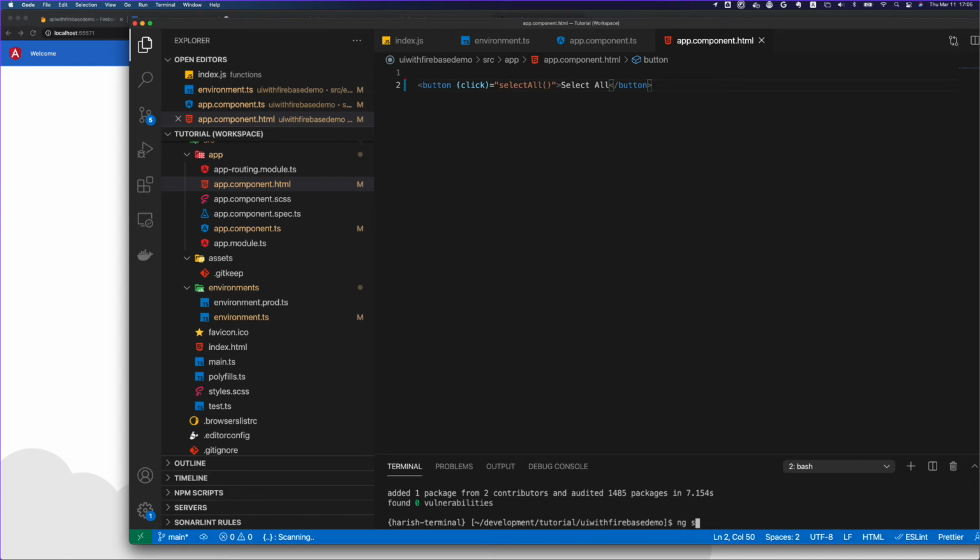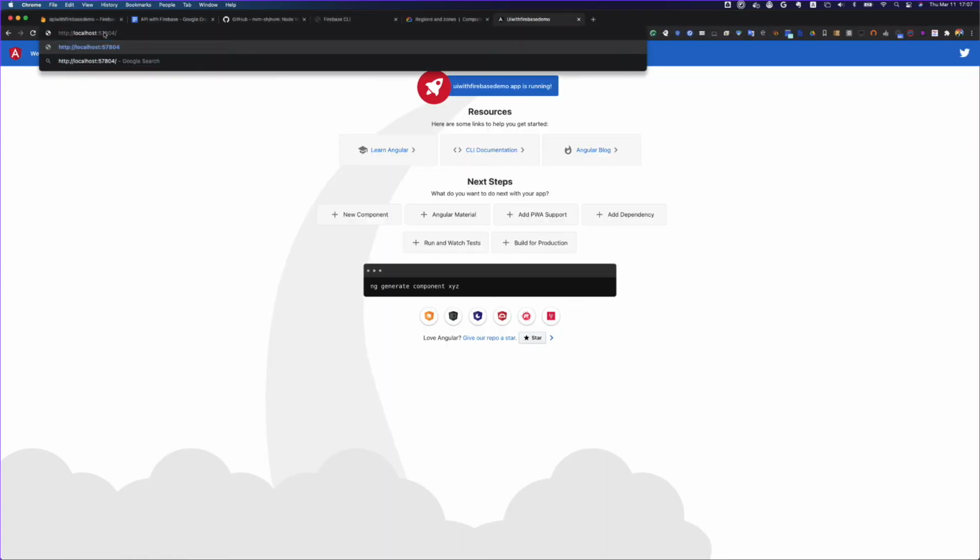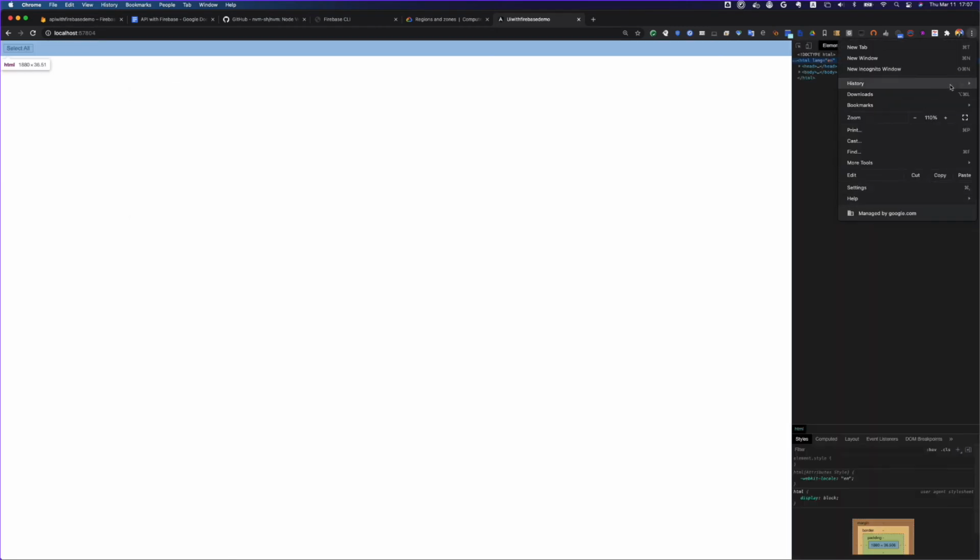Now let's do ng serve. Right now it's not going to do much. So now my application has started. I'm going to go to this and change this, and let's zoom in a little bit.